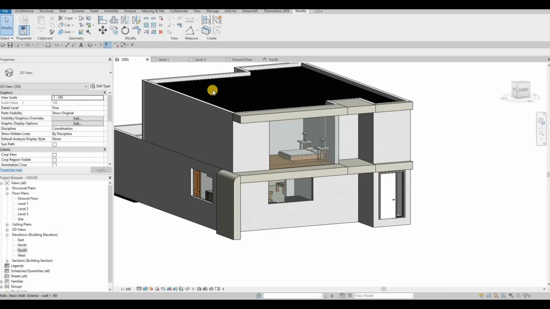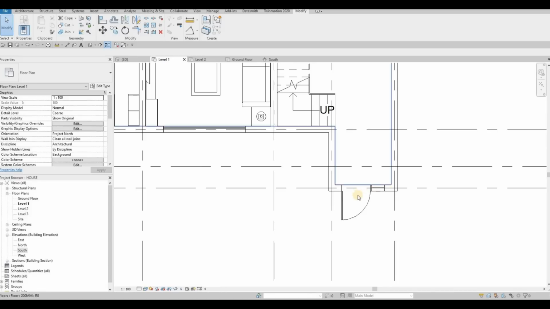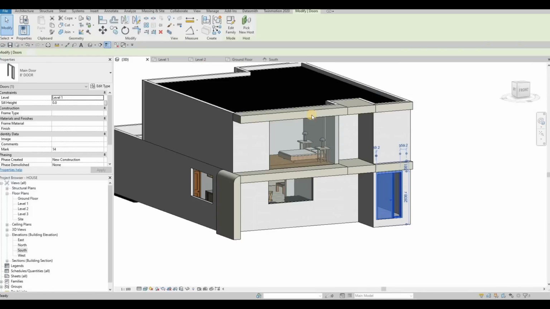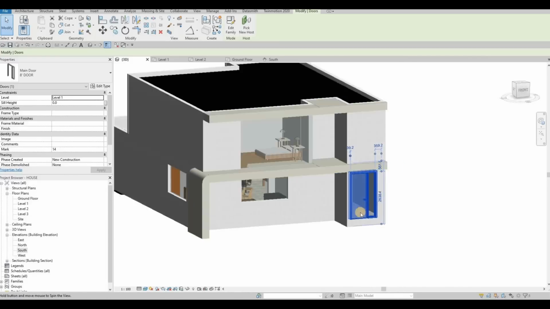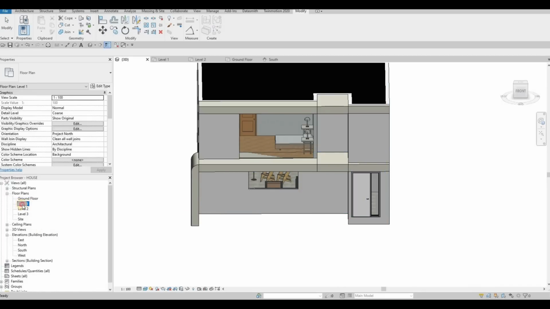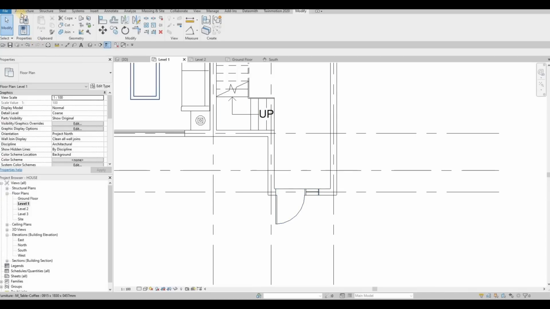Then I want to go to level 1 first, and then I want to move this one so that we have space to go around here. We might thicken this one, or we might make this one bigger, but we're gonna do that later on depending on the design. And then we're gonna wrap around something right here. So we could go to level 1 and we're gonna do the same,